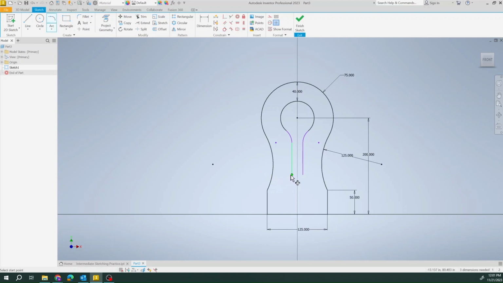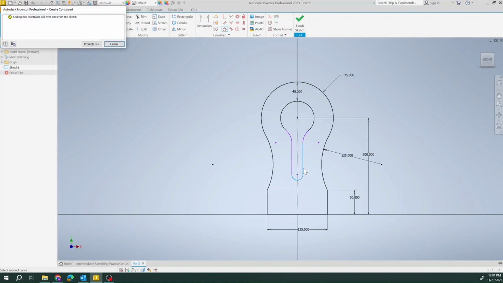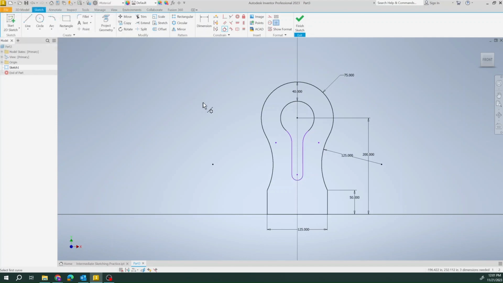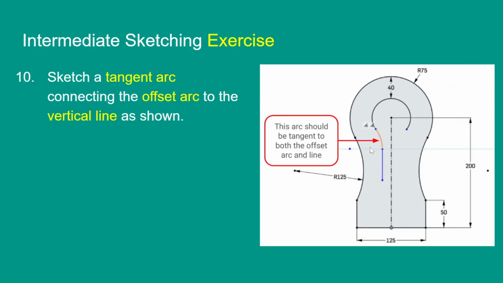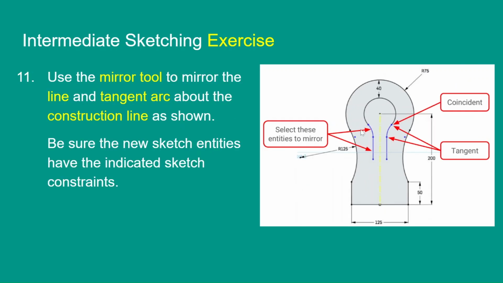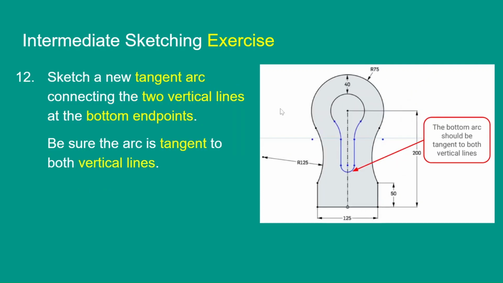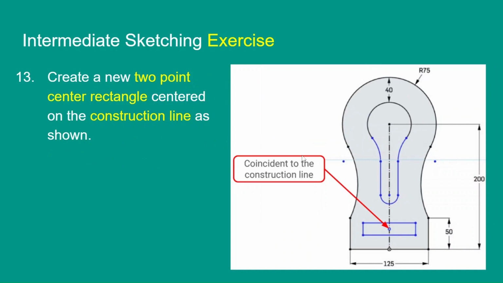And this time I'm going to go from my bottom line here, the bottom endpoint, to my other endpoint that's mirrored on the other side. And I have a tangent constraint on one side. I'm going to double check that I have a tangent constraint on both sides. And I do. And sorry, I skipped a couple slides here. So now I mirror those, and that's coincident, and that's tangent, and those are mirrored. I put this bottom arc on here,